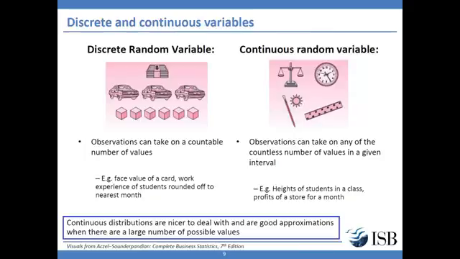More examples of continuous variables that we can find around us are the temperature on a given day, or the conversion rate between dollar and rupee on a given day, etc. On a side note, it is not always necessary that the variable takes only positive values. Take, for example, the profits of a particular store. For a given month, they can be negative. Before we go on, let me note that although it may not seem intuitive to you right now, remember that continuous random variables are much nicer to deal with, and we will understand why as we go along in this